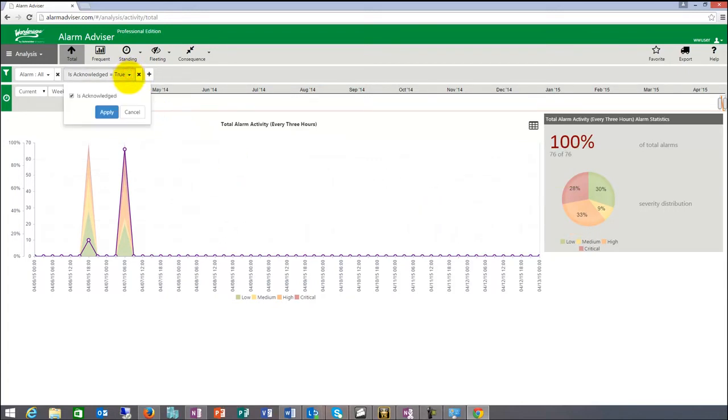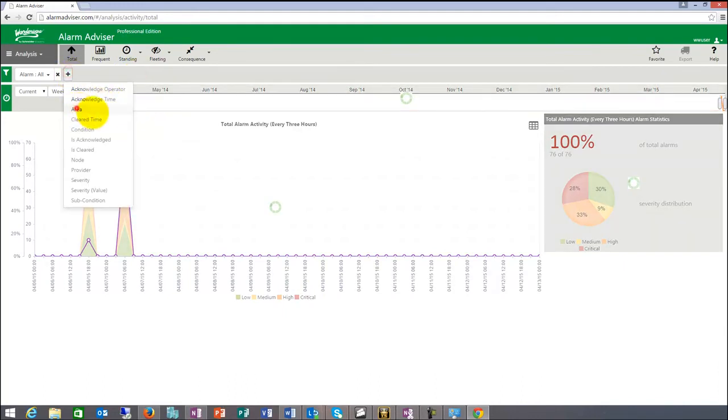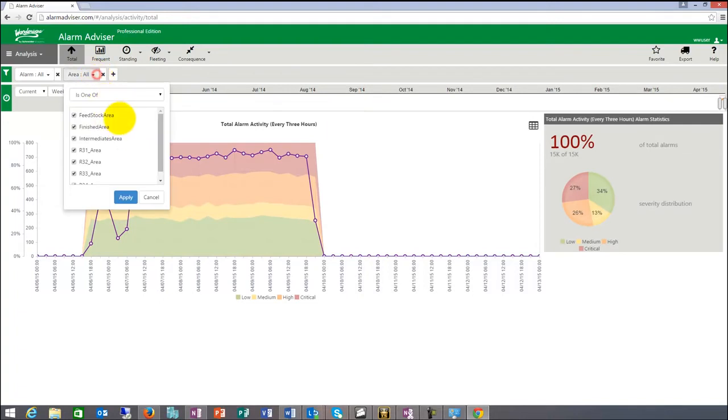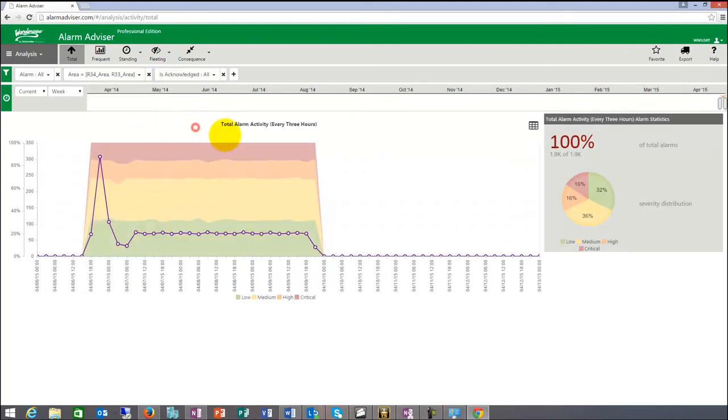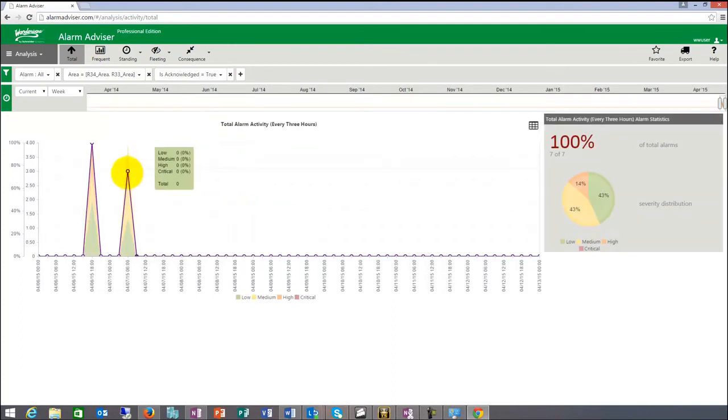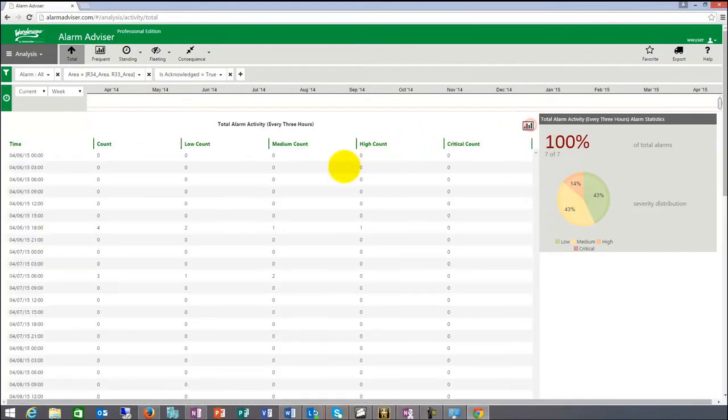I can also see in here, if I take that away, I can say from a certain area, and all the areas are in here. So I can choose a certain reactor, probably 2 reactors, and then I can say, was that acknowledged? And I can go in here, is acknowledged, apply, and then it will show me only those 2 areas. So those were 7 alarms. And if I go to list view now, I'm starting to drill down